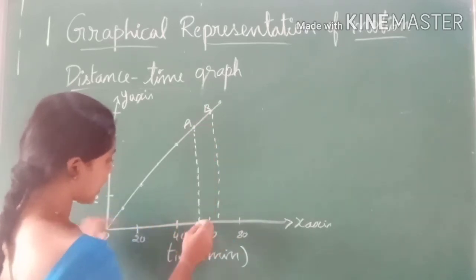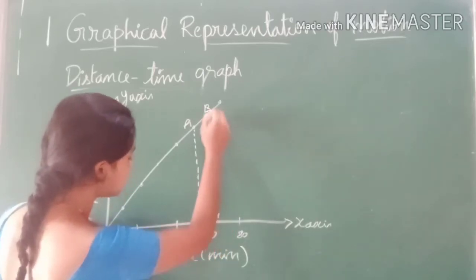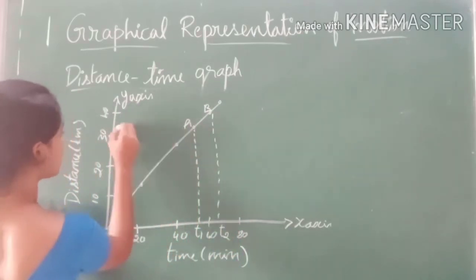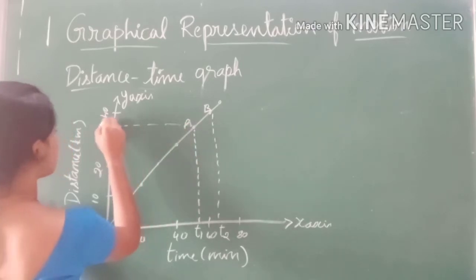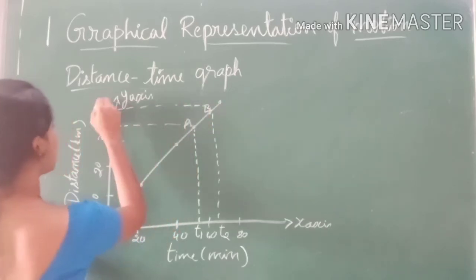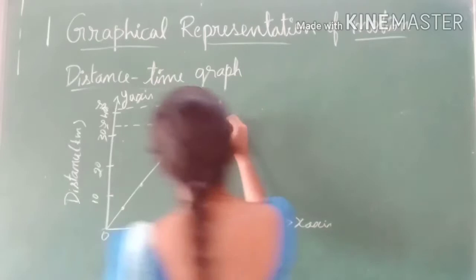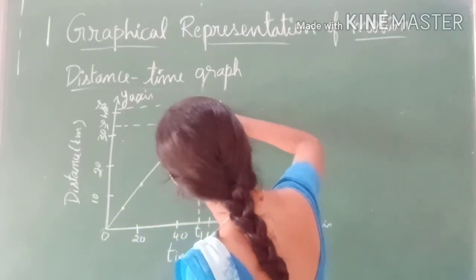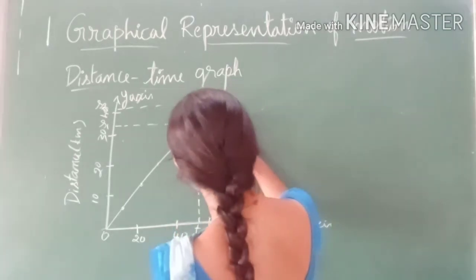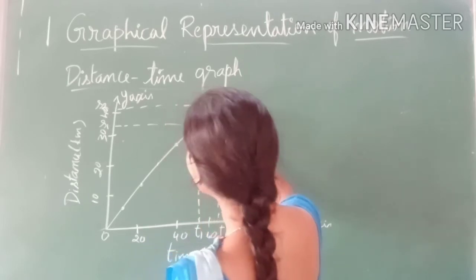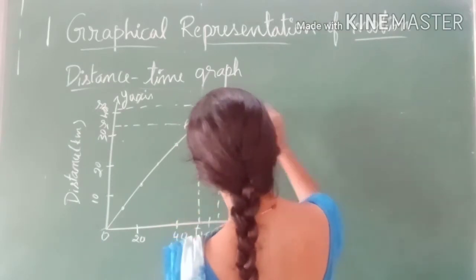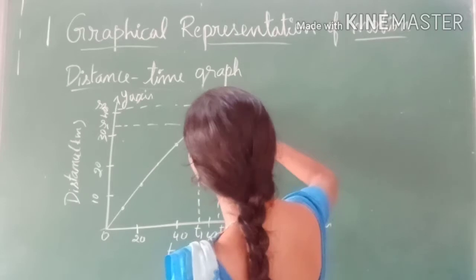So at this point the time is t1. Here at this point the time taken is t2. And the distance covered at this point is s1. At this point the distance covered, you consider it as s2. So when you join this point to this and drag this line, you will get the point C here. So now you got the triangle. What is the distance here? The distance is AC and here the distance is BC.